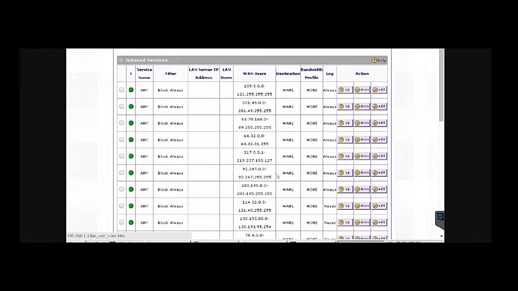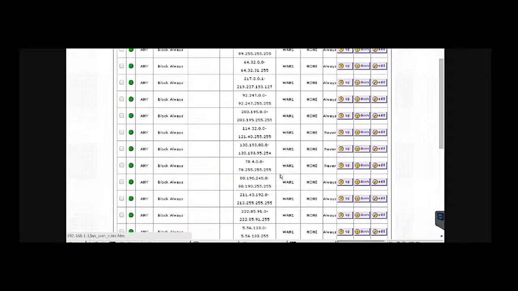Remember, most of these are not individual hosts doing the attacks. It's groups of hosts. It's botnets. It's, in some cases, entire subnets, which means I've got to block subnets. Now, there are known blacklists, that type of thing. This firewall doesn't have the capability to take advantage of any blacklist, so I have to do this manually.